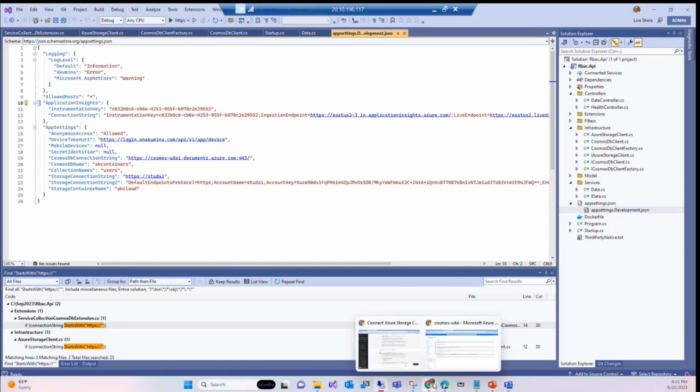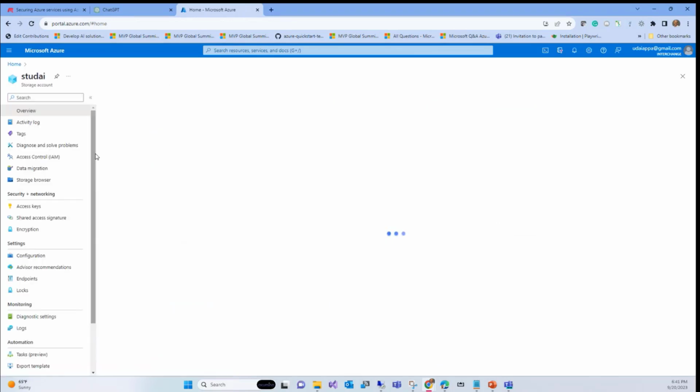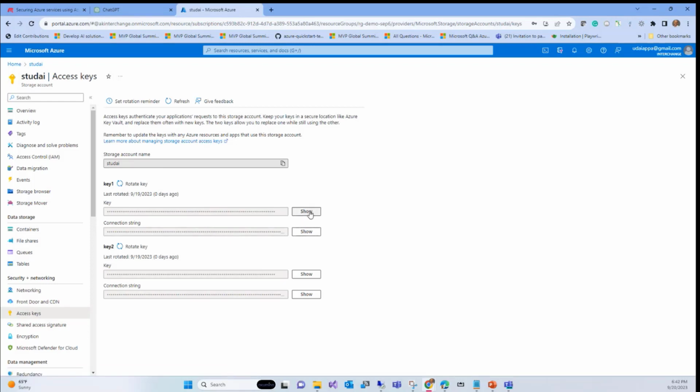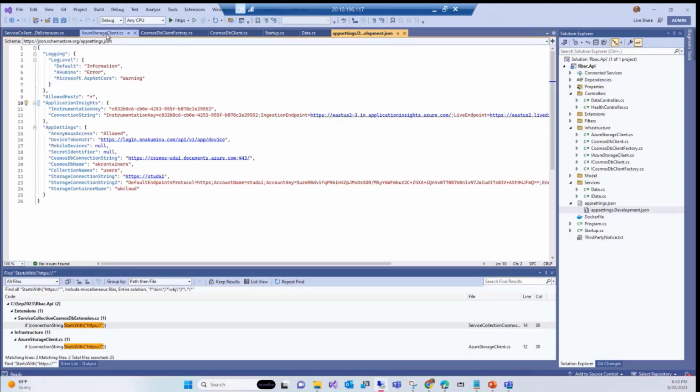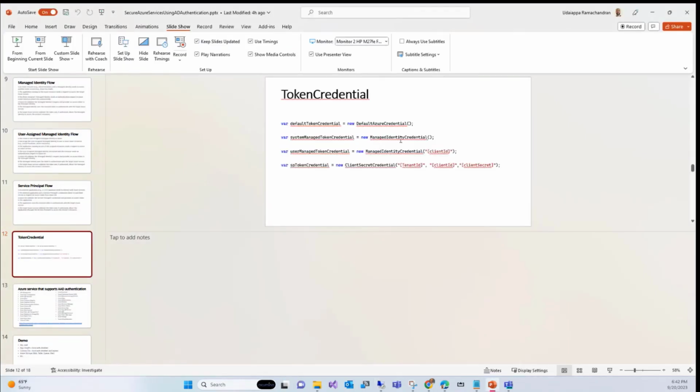So if I go back to my service here and look at the Azure storage, access keys, this is a pretty big connection string, but we only put that name on it, right? HTTPS and the name, and then you can connect to the blob, so you can say .blob.core.windows.net. Then now we give another, DefaultAzureCredential. Again, you can put ManagedIdentityCredential and it will work. These two will resolve it. But if you want better control, this one is the better control.